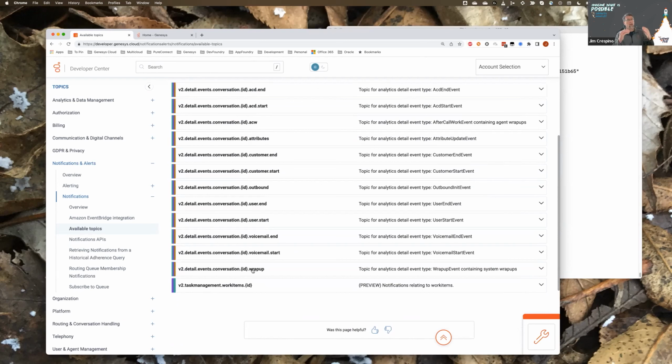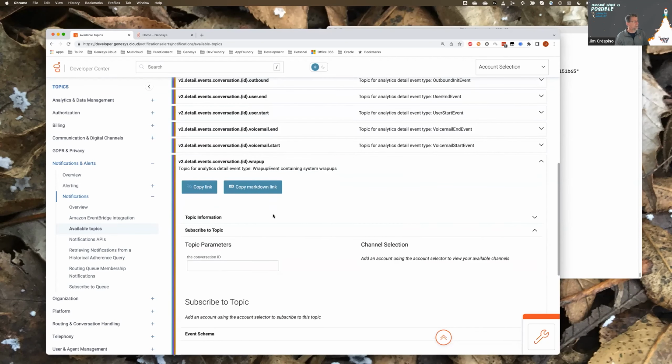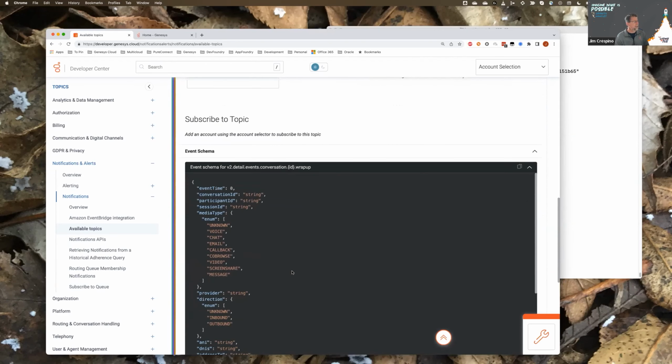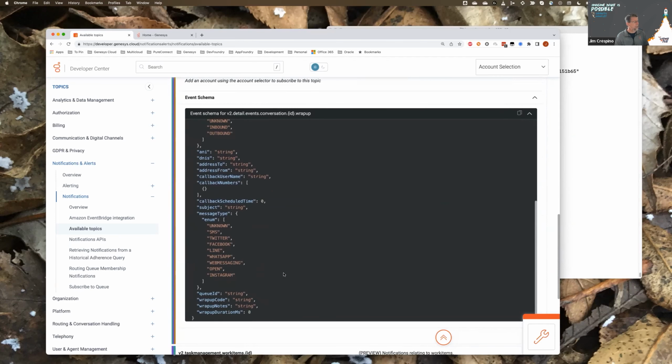You could even go so far as possibly in the trigger to filter to only trigger on that specific wrap-up code. But at the very least, you could have all wrap-up codes fire the event and filter in your action. So if you look at this, well, there's not much to look at, but you'll be able to see the event schema that you would receive. I don't think the wrap-up code, oh, it is in there. So the wrap-up code is in there. So you could write a trigger.